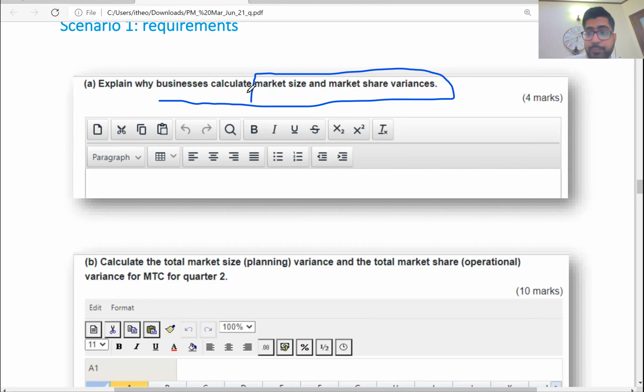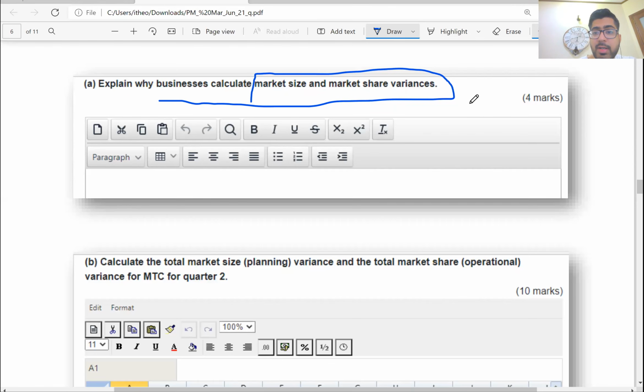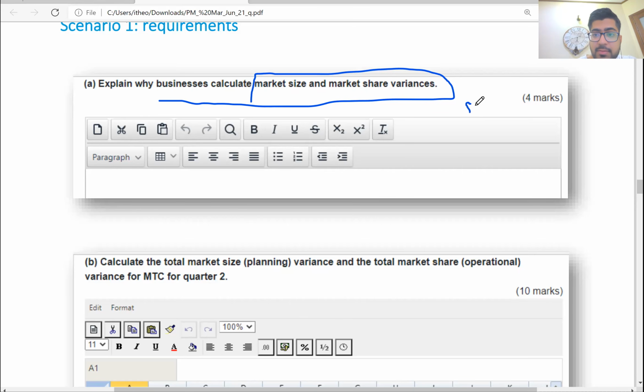Now, assuming that you are taking this webinar after preparation, because these webinars are very close to the exam, there are hardly 10-12 days left. So you have to be prepared. If you recall your preparation, on why businesses calculate market size and market share variance, you know that we have a variance with the name of sales